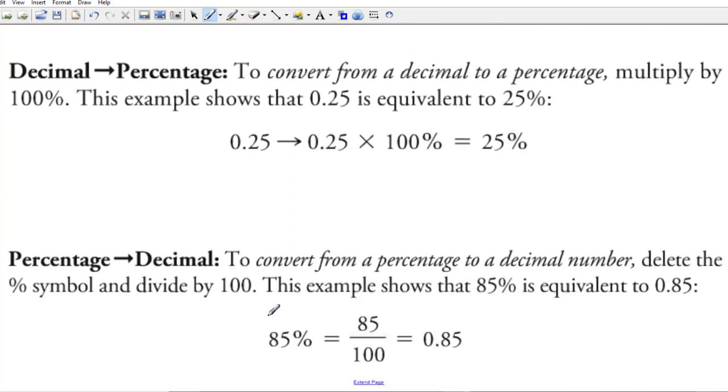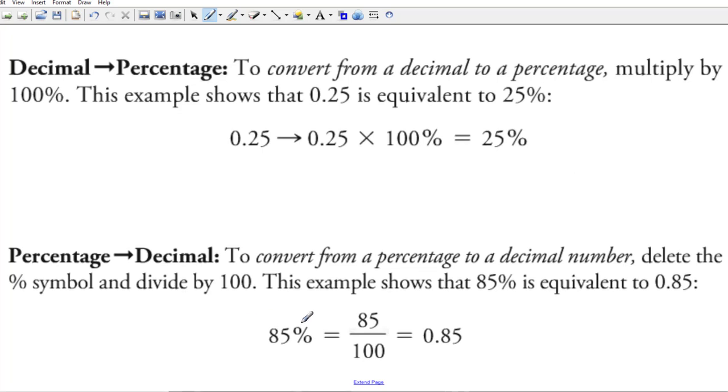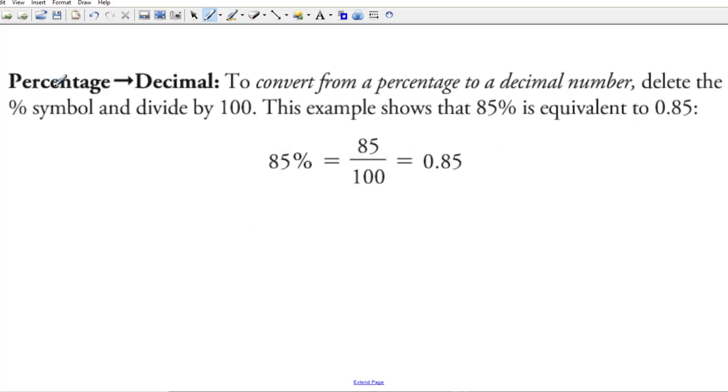You don't have percentages in your calculator, so on your calculator you have to use the point. Always change a percent to a decimal. So from percentage to a decimal, if I have a percent, I can either move that decimal 2 places to the left, and that would do it, or divide by 100. So that's just some math review.